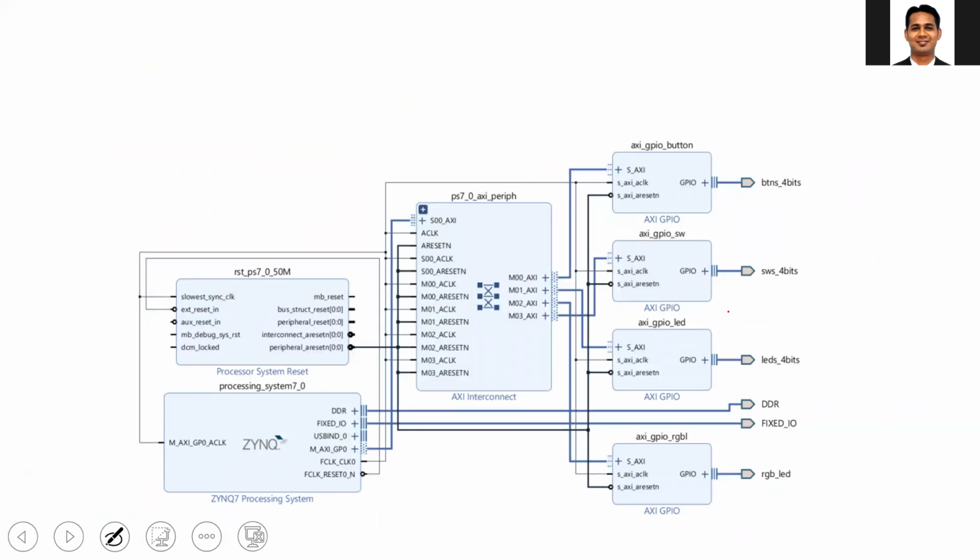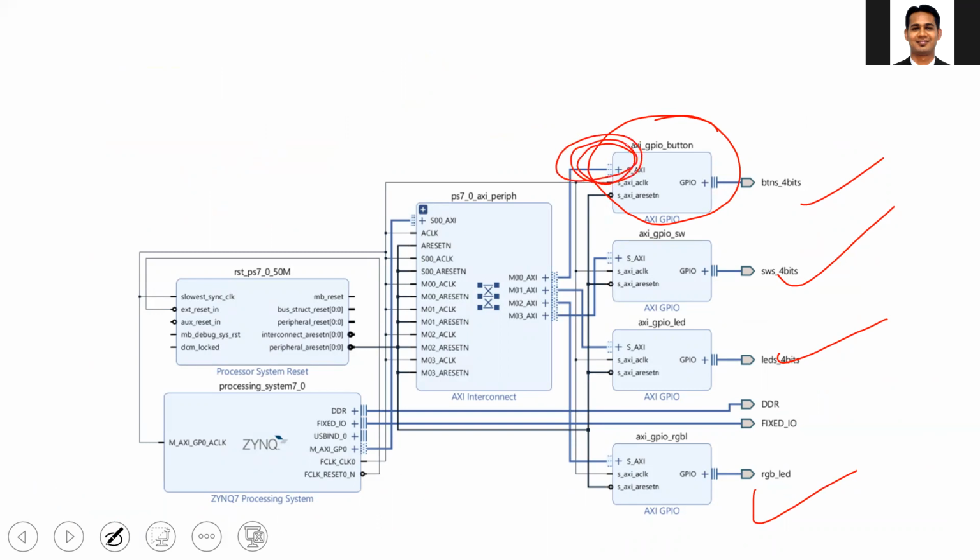For example, this is a block diagram where we have the general purpose GPIO AXI for the buttons, switches, LEDs, and there is another type of RGB LEDs which is there on the Zed board. Here you can see that this GPIO takes the AXI transaction as an input and then extracts the data and displays it on the LEDs if it's the output GPIO.